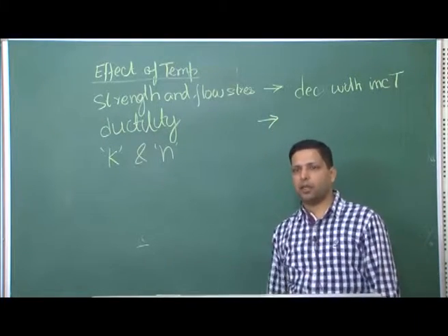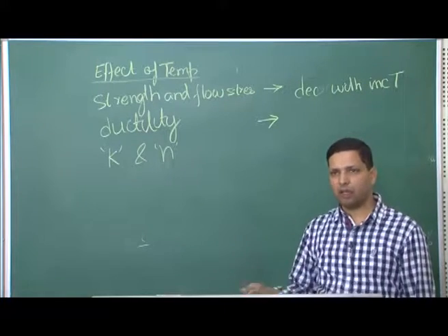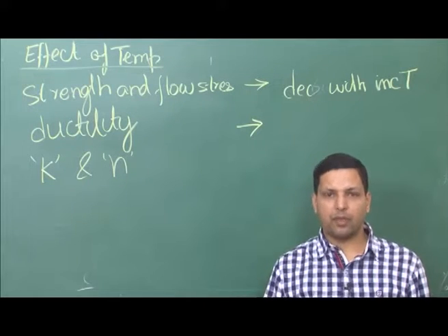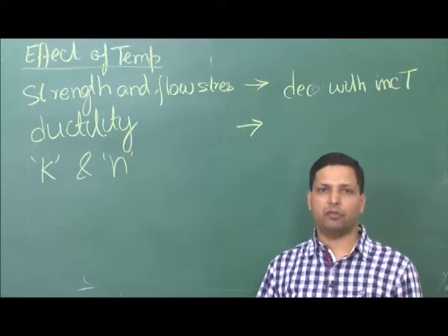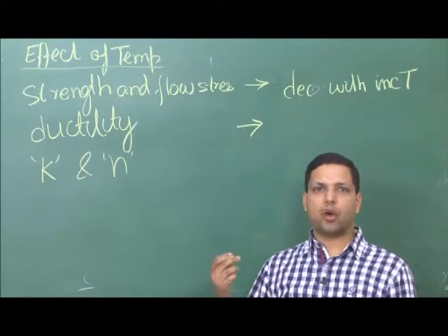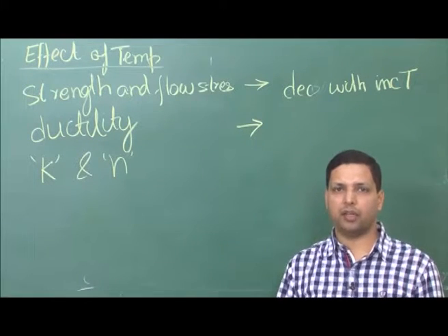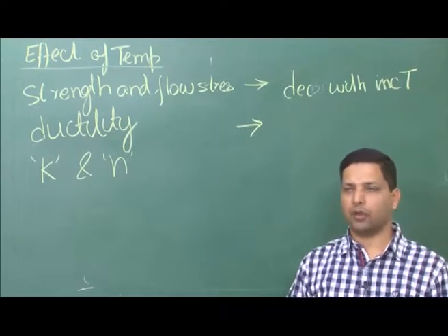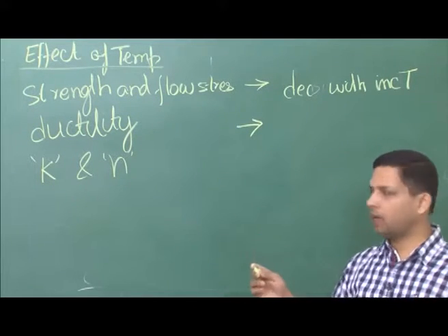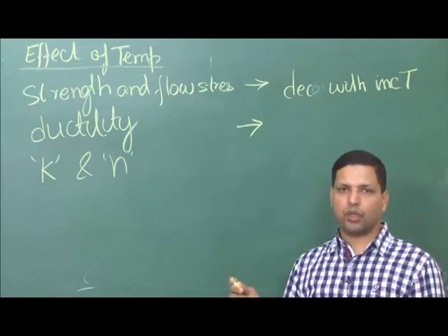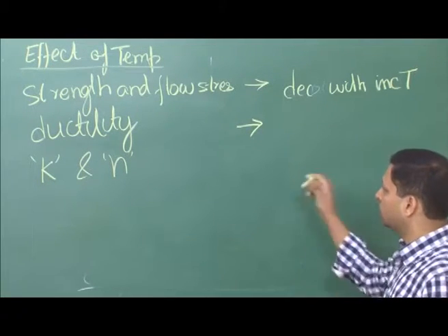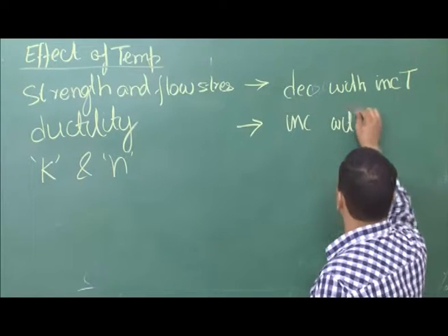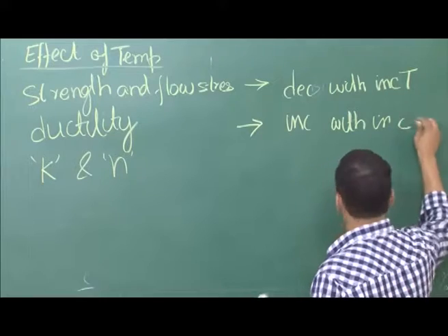we have already seen that m increases, but even if m were to remain constant, we know from material properties that the material will be able to deform for a longer region, or the deformation ductility will improve, and there is a microstructural explanation for that. We will come back to that after we are completed with the effect of temperature. So, ductility increases with increasing temperature.